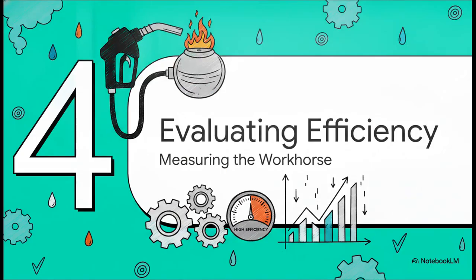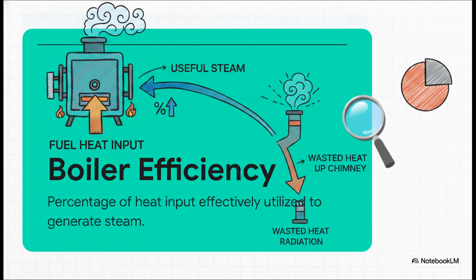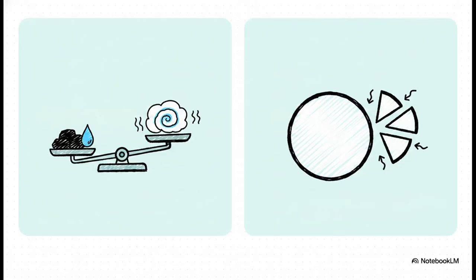machine. All right, moving into part four, evaluating boiler efficiency, measuring the workhorse. Running these massive machines requires massive amounts of fuel. And because performance naturally deteriorates over time, we really have to keep an eye on boiler efficiency. Now, that's defined as the percentage of heat input that is effectively utilized to generate steam. So the absolute crucial point here is figuring out exactly how much of that incredibly expensive fuel energy successfully transforms into useful steam, as opposed to just escaping up the chimney or radiating out into the boiler room as totally